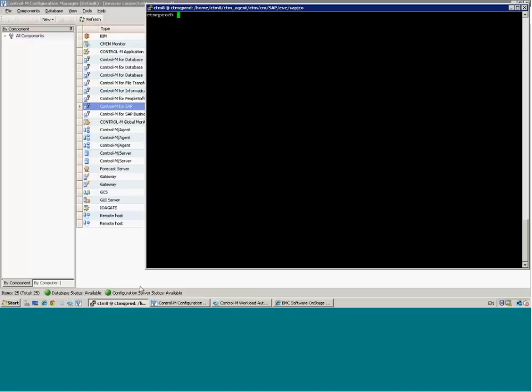This demo is in version 8, so we'll give you a chance to get a little bit of a look and feel of version 8 if you haven't seen it before. With version 8, Control M for SAP comes pre-installed on the local agent where Control M server is installed, and to speed things along, I've installed FixPack 2